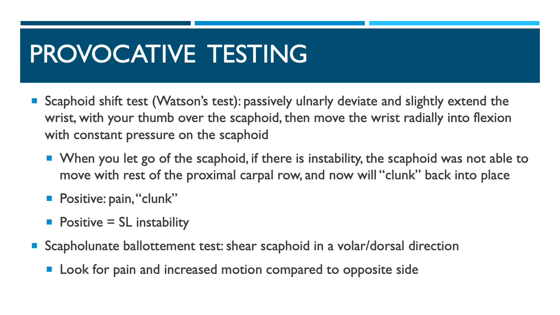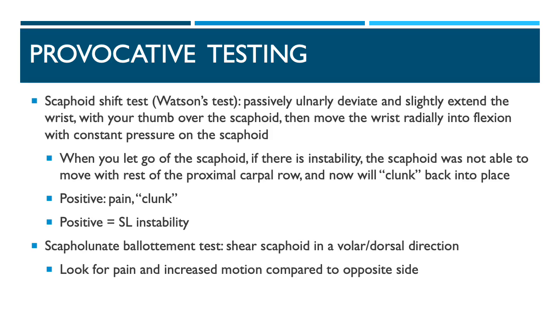When you let go, if there's instability, the scaphoid will clunk back into place because your thumb was holding it in place and it wasn't allowed to move with the rest of the proximal carpal row. If the ligament is intact, it'll move regardless of your thumb position, so you won't have that clunk. A positive test is pain or having that clunk, and that indicates SL